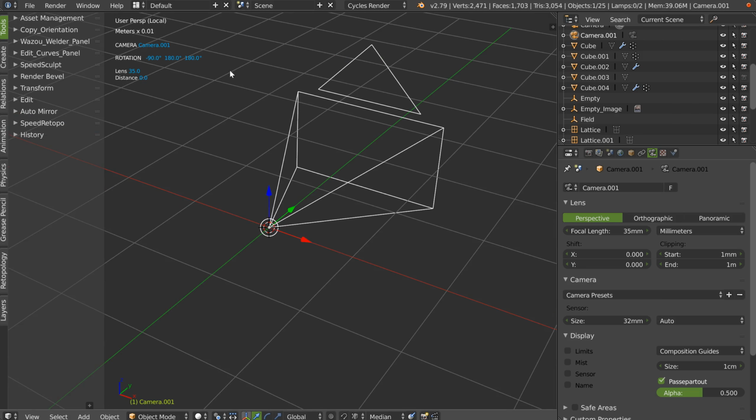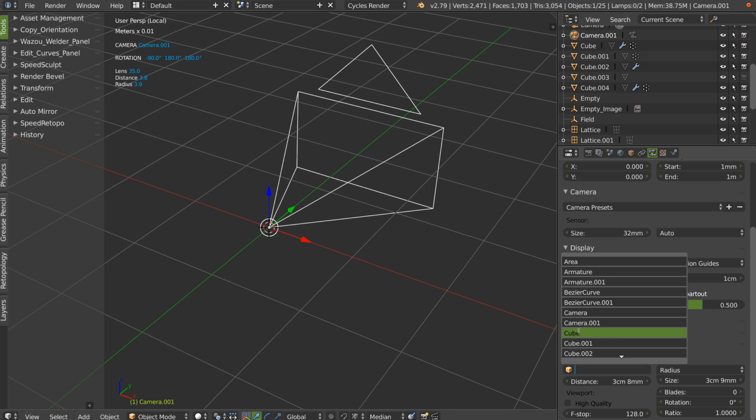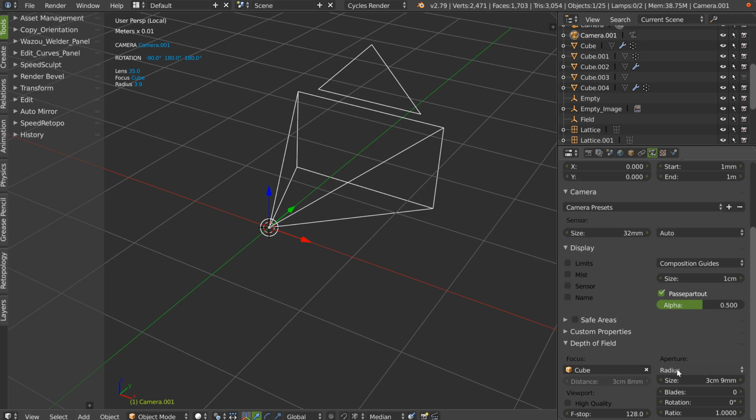Okay. The lens here, you can add a focus, not the camera but something else. You can see the radius if you add a radius, you will not see it if it's at 0. If you don't have this, you will have the distance, or the focus, etc, etc.